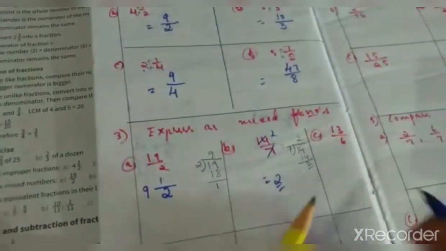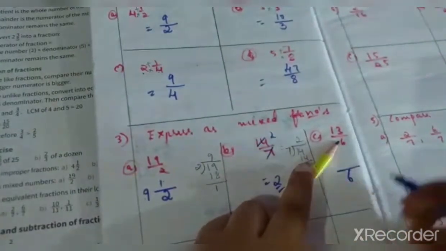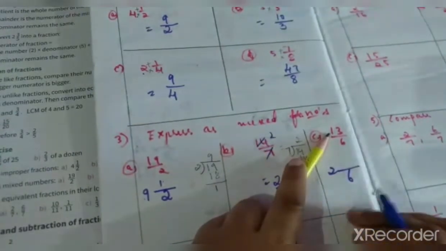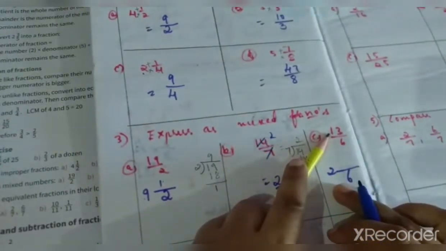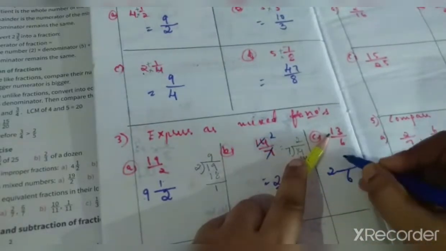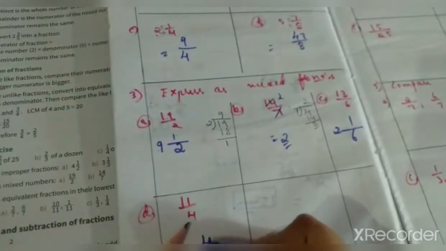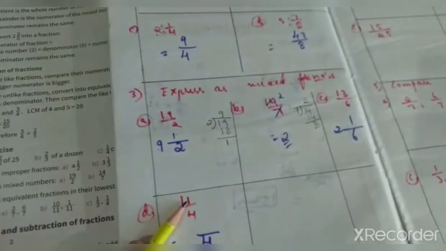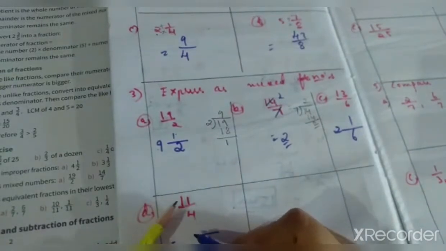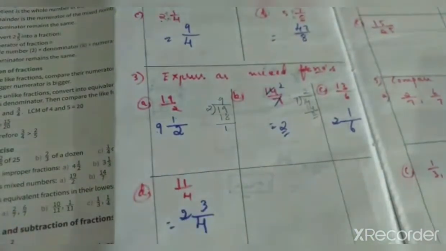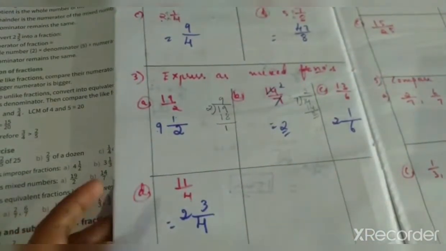Otherwise, directly we can try. Write down 6: how much is nearer to 12? 6 2s are 12, nearer 1. Dividing, we are dividing here. 6 2s are 12, plus 1 is 13. Without, here write 4: how much is nearer to 11, meaning we are dividing the number. 4 2s are 8, 4 3s are 12. No, 12 is greater than this. So 4 2s are 8, 9, 10, 11. So 2 3 by 4.